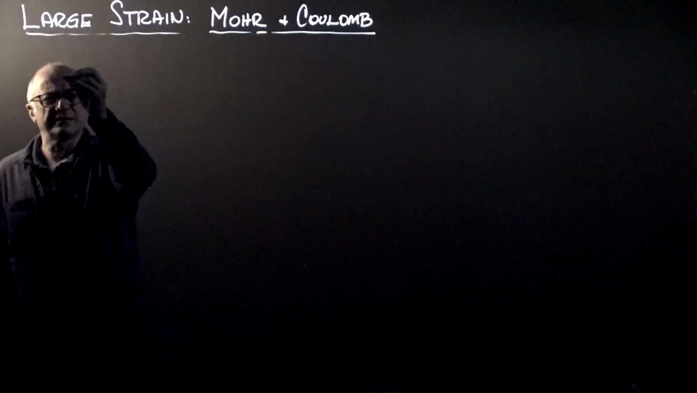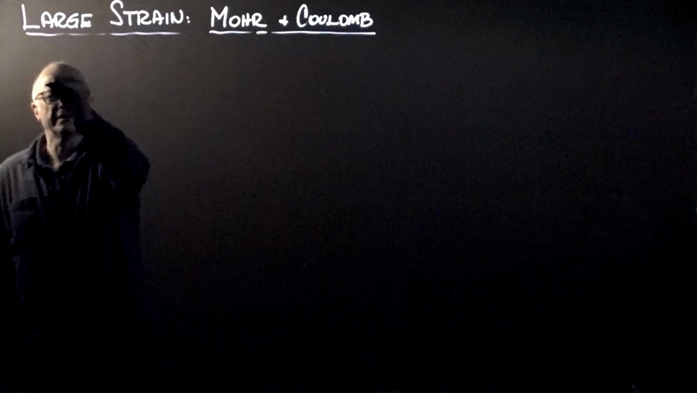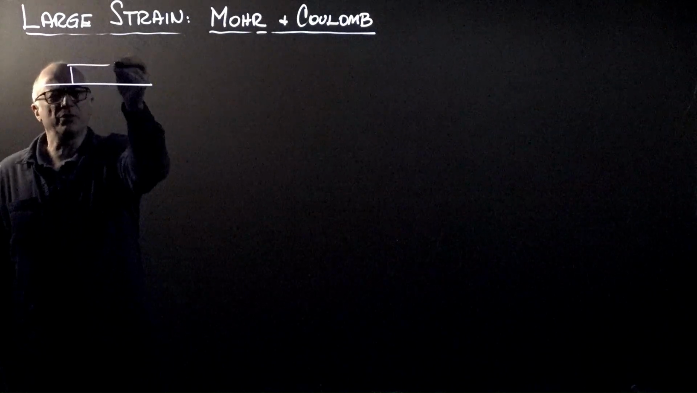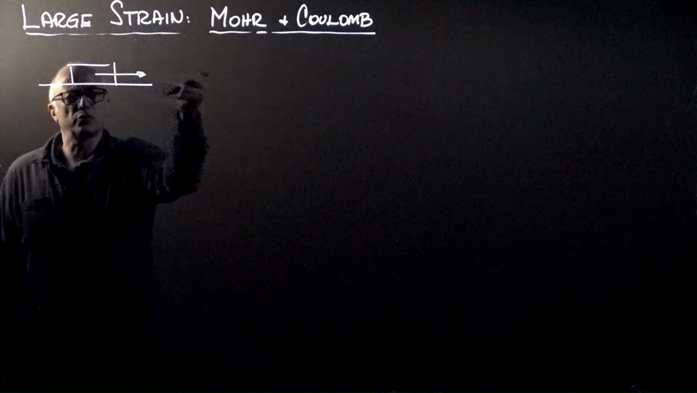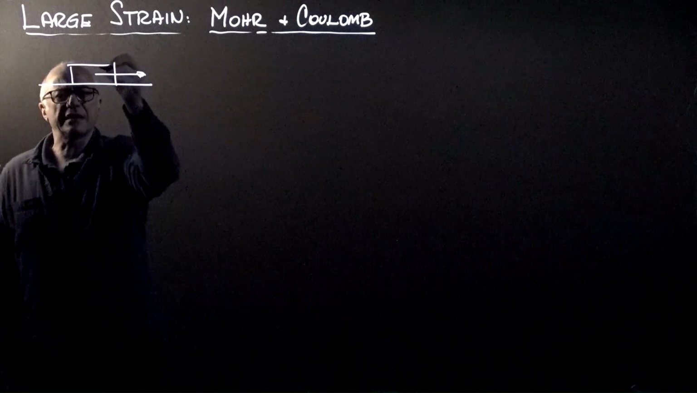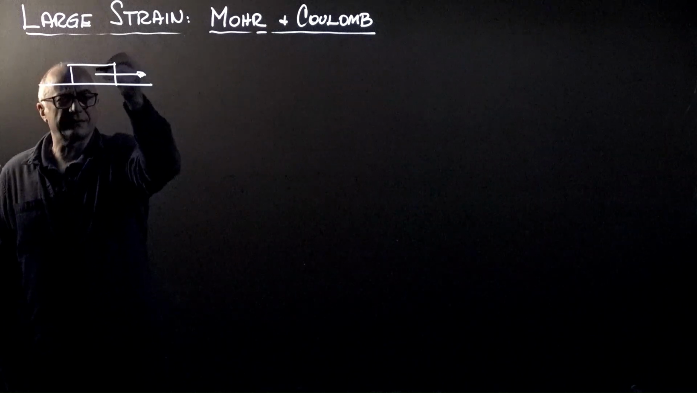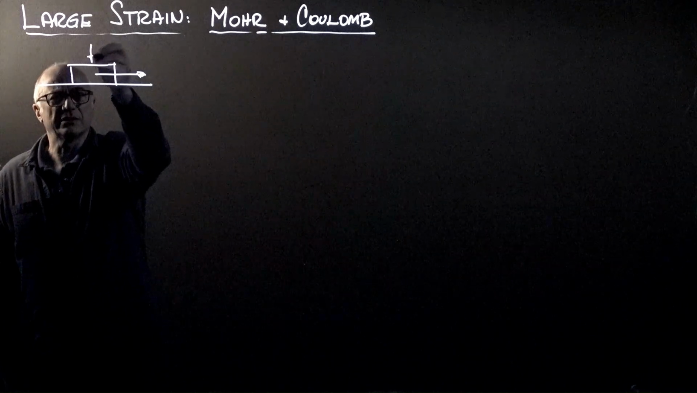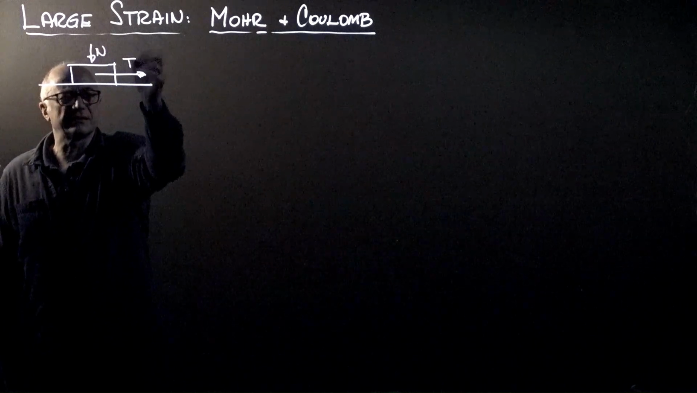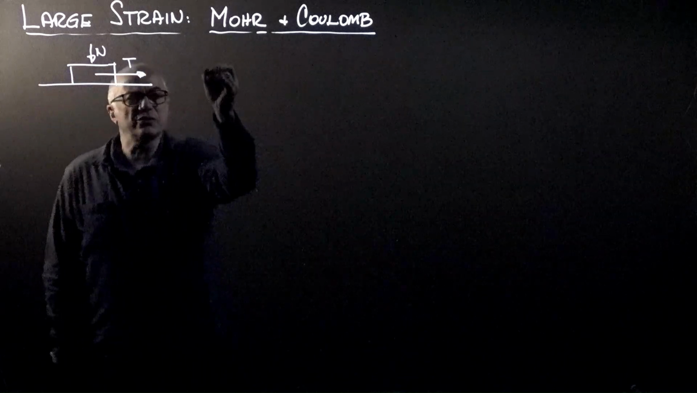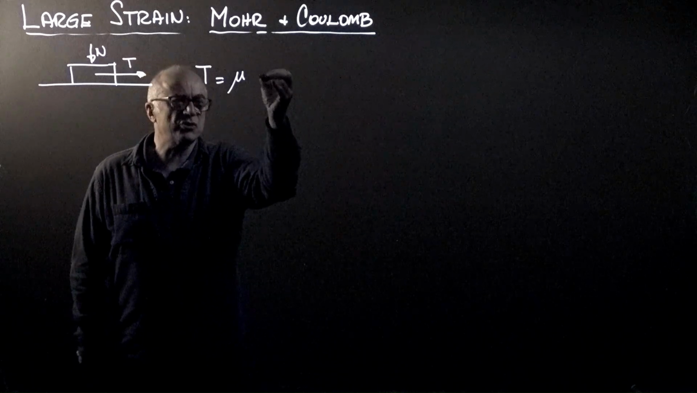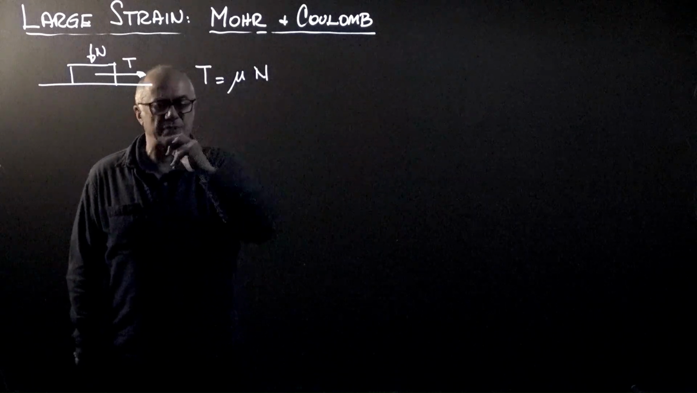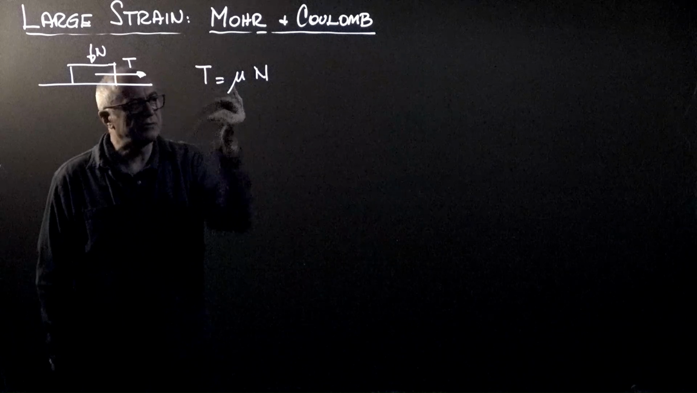Coulomb in the 1770s explored how much force is required to pull a body riding on a surface, motivating friction, where this is the N force and the T force. And so he concluded that T is equal to a friction coefficient times the normal force. If we divide both